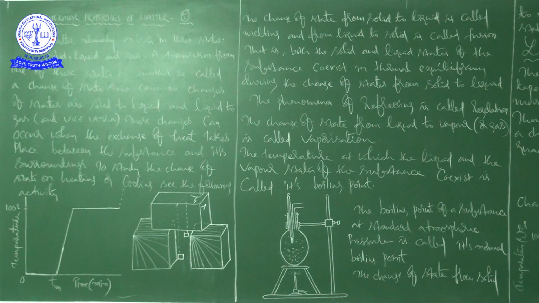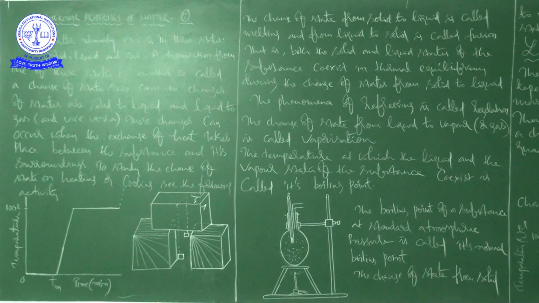What will happen? Pour ice cold water on the flask. See, water vapors in the flask condense, reducing the pressure on the water surface inside the flask. So what will happen finally? Water begins to boil again, now at a lower temperature. That's why, what can we say? The boiling point decreases with the decrease in pressure.